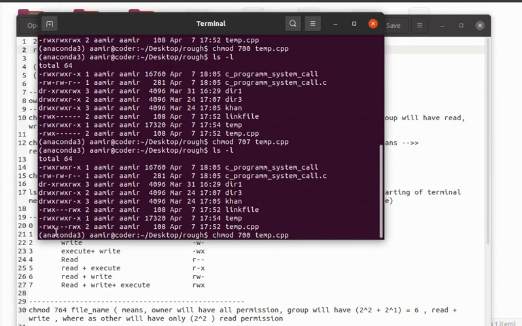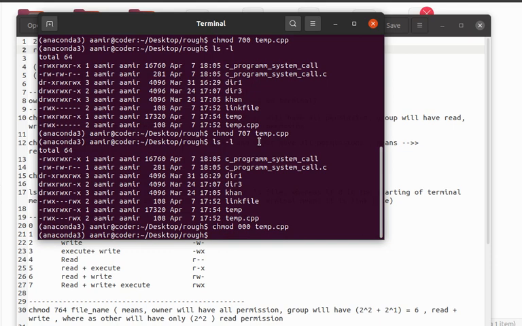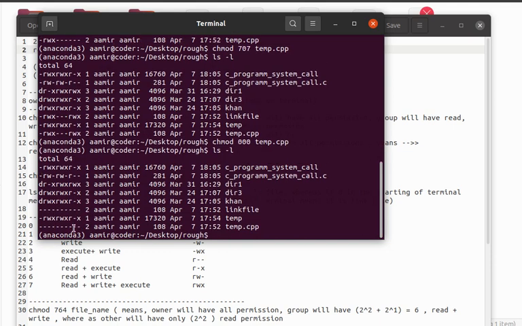At the moment, first let's make it 000, taking all permission from this temp.cpp. So ls -l, as you can see, no permission is given to them.